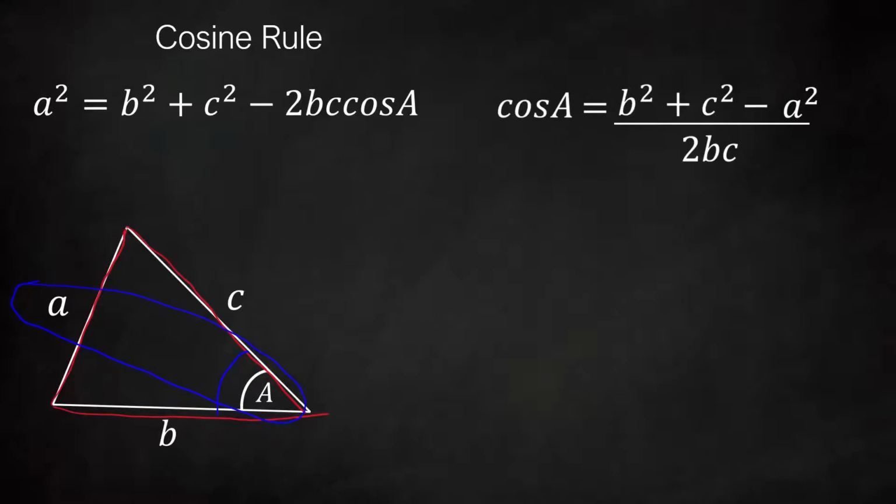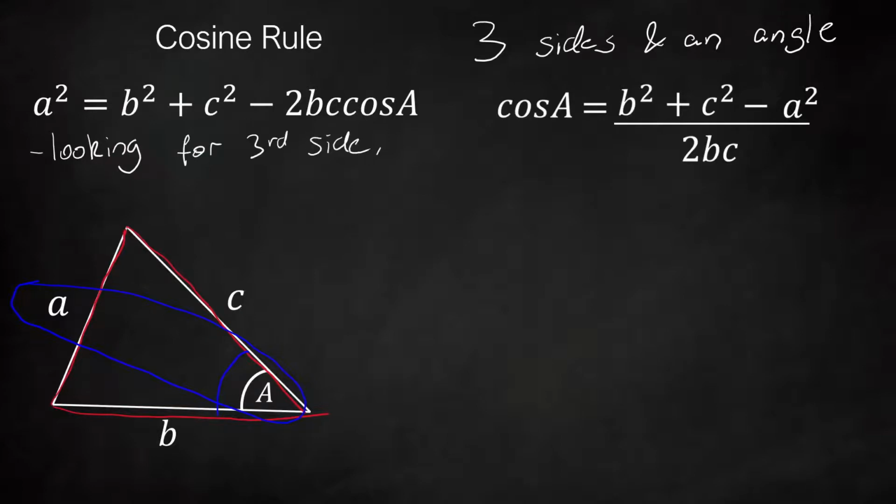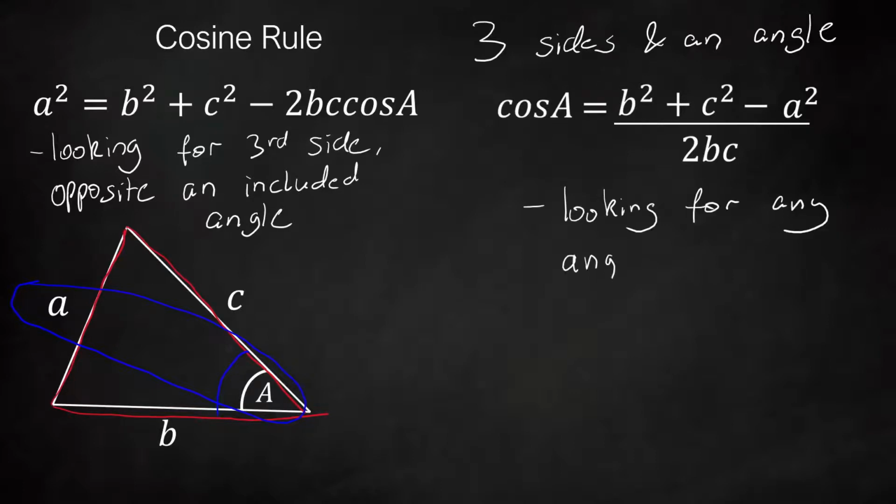And we need to note that the angle opposite the capital A is given lowercase a to show that the two of them are linked. So we use the cosine rule when we're given three sides and an angle. And we use the one on the left when we're specifically looking for the third side, which is opposite the included angle. And we use the one on the right when we're looking for any of the angles